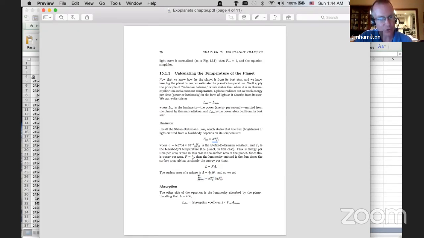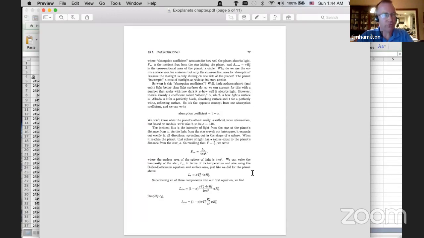So to get the temperature, we just need to find the emitted luminosity, which is equal to the amount it absorbs. But absorption is different. That's given off by the star, and we get some fraction of the total light of the star hitting the planet. Well, how much of it hits the planet? It's a matter of the cross-sectional area of the planet as a fraction of the entire sphere surrounding the star at that distance. So if we imagine, let me try a little drawing here.